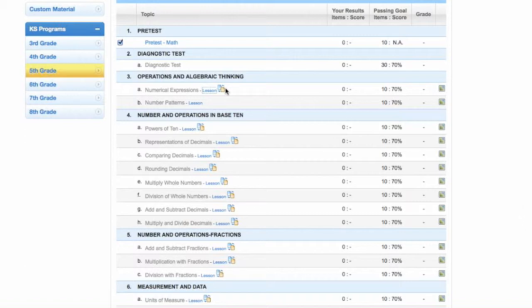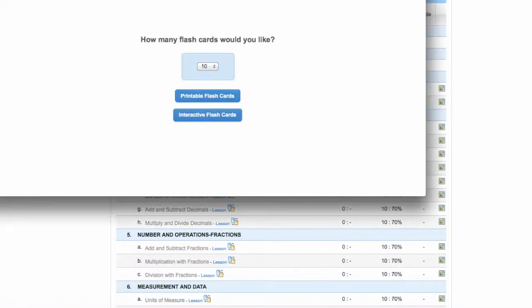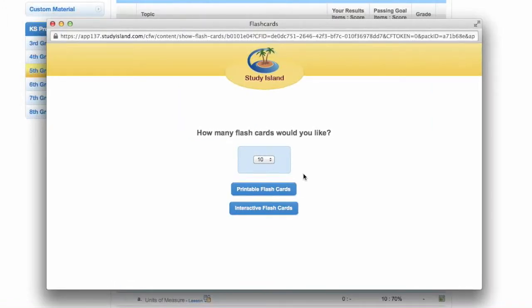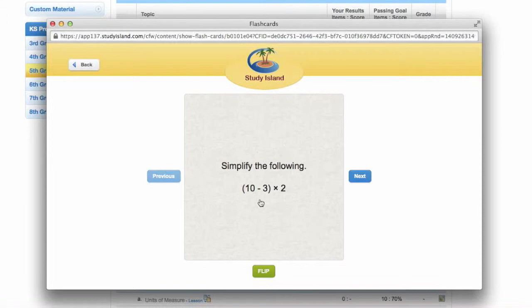If you click next to lesson, you'll see that there's flashcards that they can use. You can do online flashcards or print them. So they can do this, answer it, flip it, see what the answer is, and then